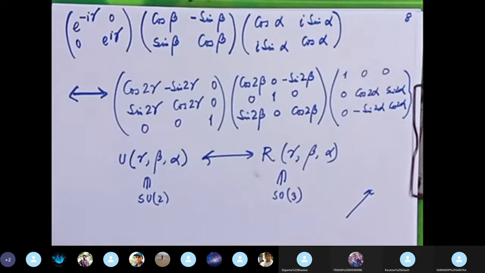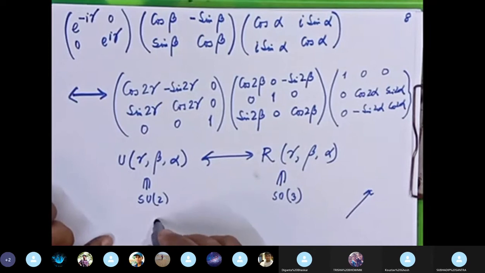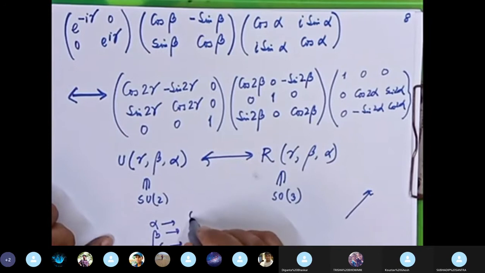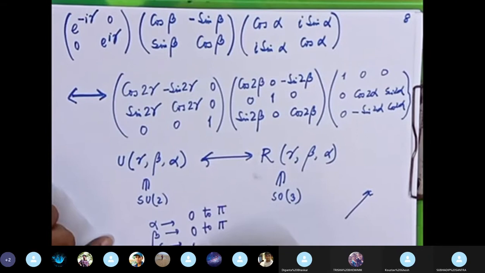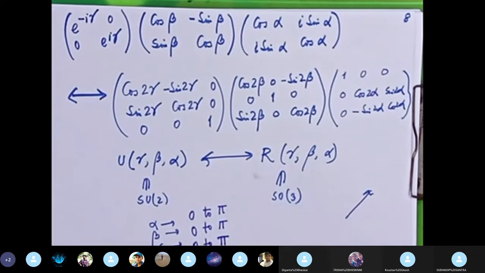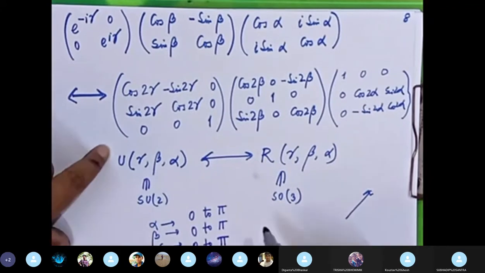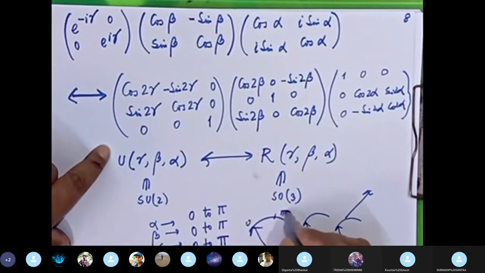This whole angle, this 2 alpha will range from 0 to 2 pi. Okay, that means here it is alpha. So what I should say is that if alpha, beta, gamma all vary from 0 to pi, see clearly, if these 3 parameters in this picture I drew vary from 0 to pi,